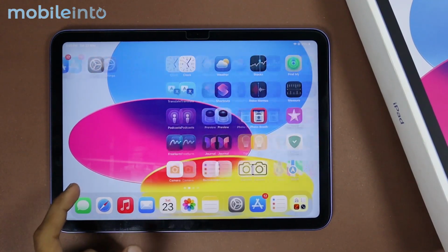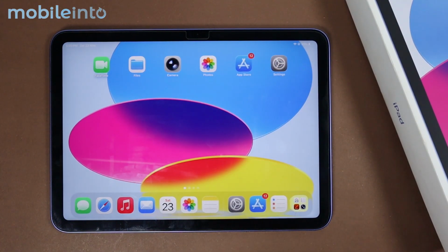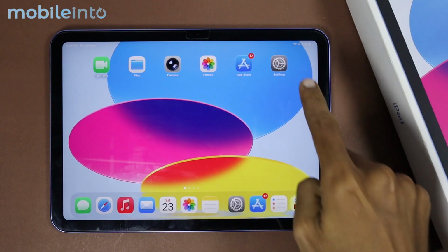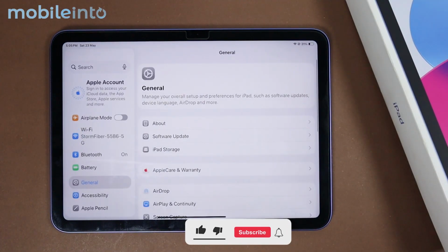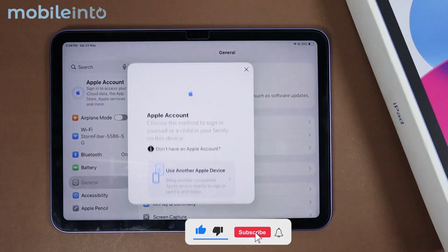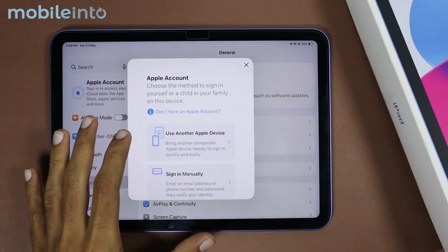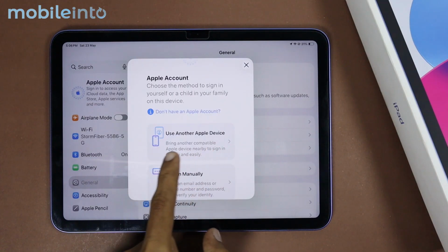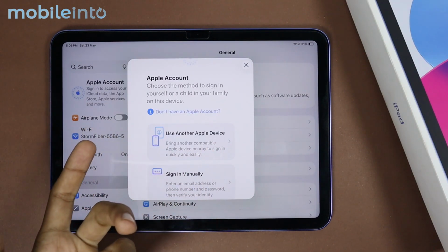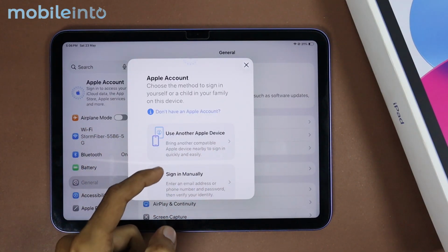In this video, I will show you how you can log into your Apple account on your iPad 11 A16. Now to do that, first of all, just go to Settings, then tap on Apple account over here. Now if you have an iPhone or any other Apple device, you can sign into your Apple account using that device. But if you do not have another Apple device and if you want to sign in manually, just select